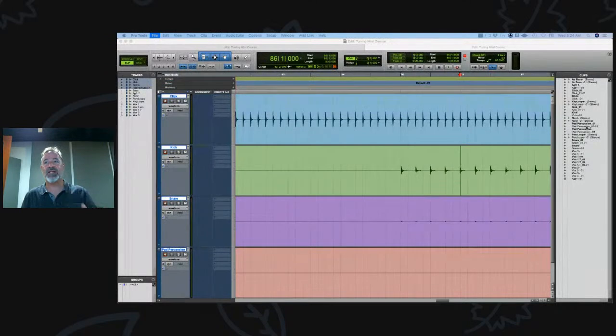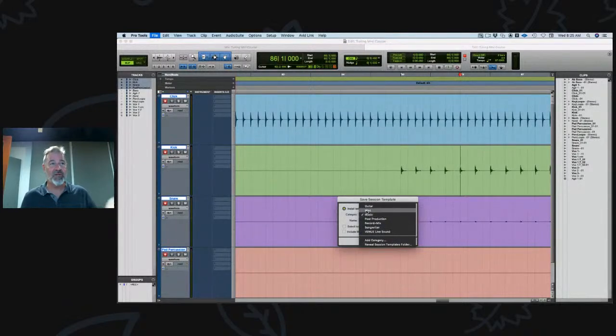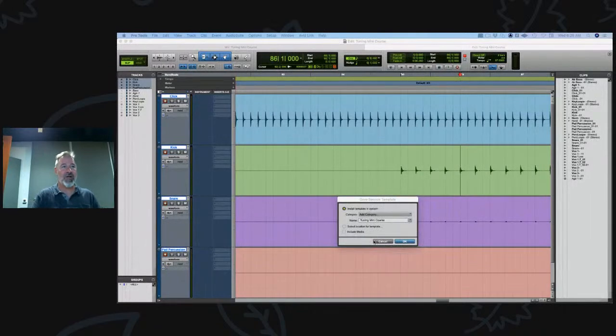Let's say you're working on this session, and you want to save exactly what you've got as a template. You've got the click track dialed in, you've got your drums dialed in, and you want to be able to take what you've got going here and move it to the second song, right? So you want to save it as a template. Now you'll need to find a place to put it. I have a category, and I just call it whatever,